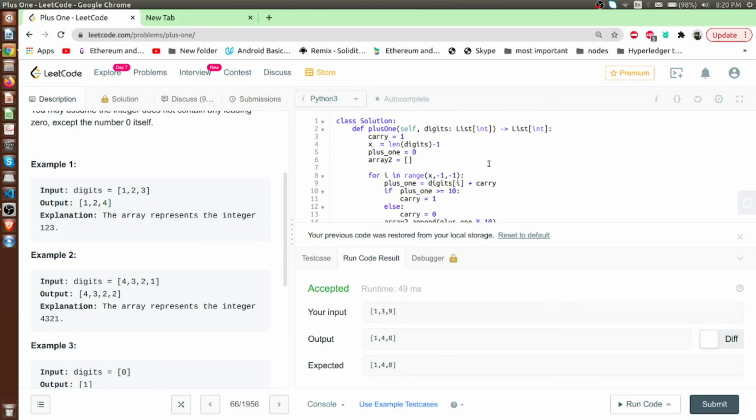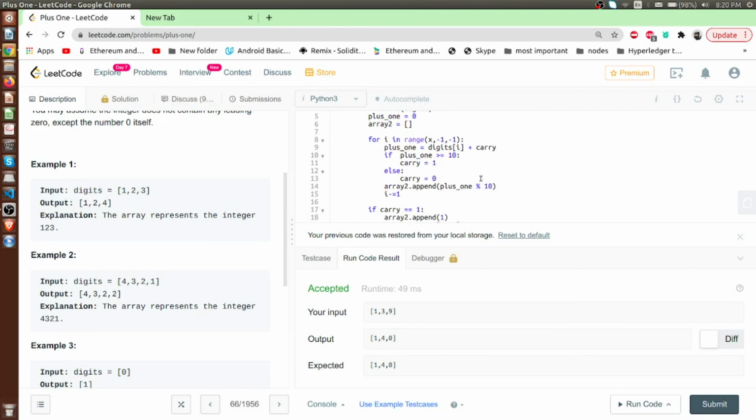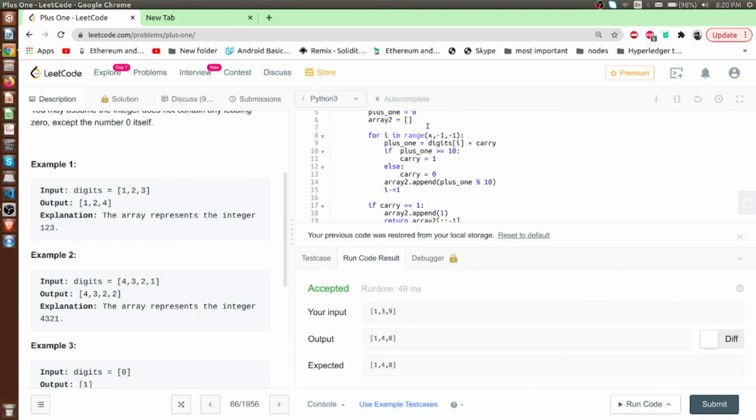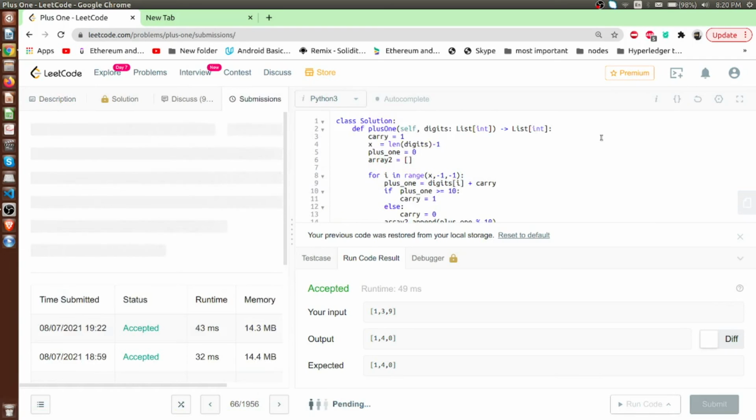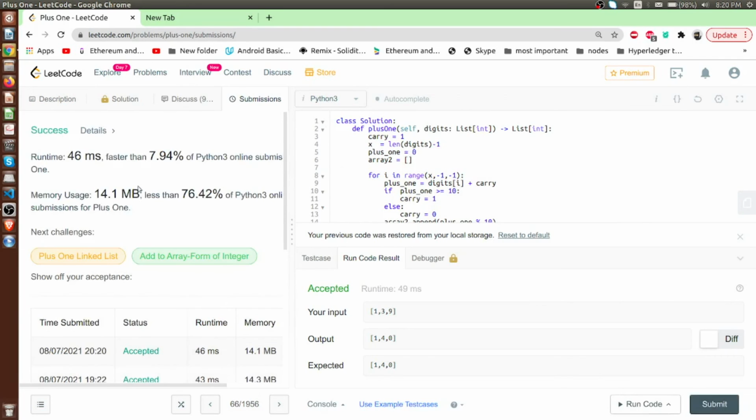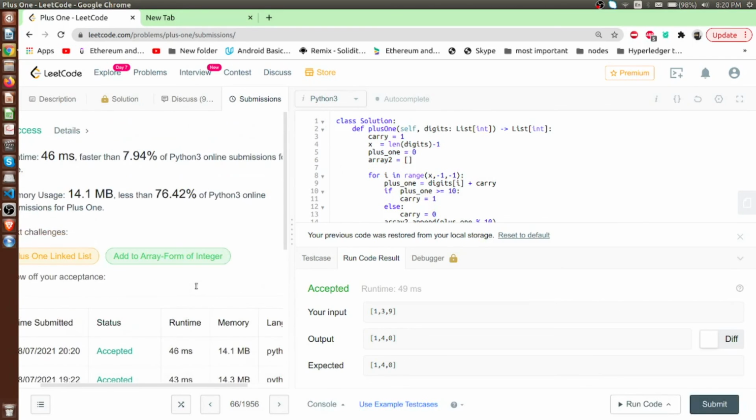So what we have done is, we have done nothing special. We have just added 1 to the last element, and after that, if the last element is greater than or equal to 10, then